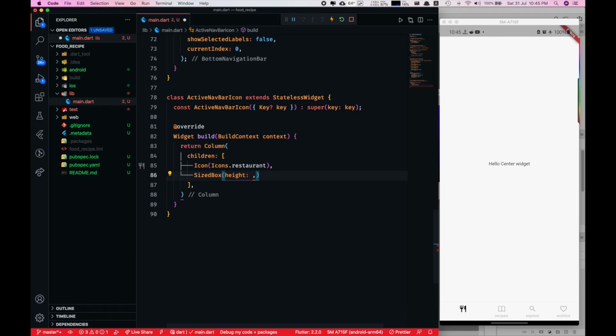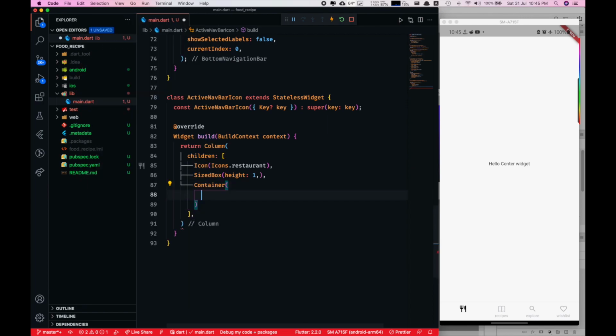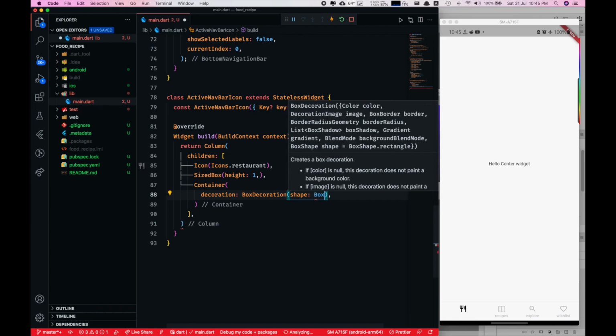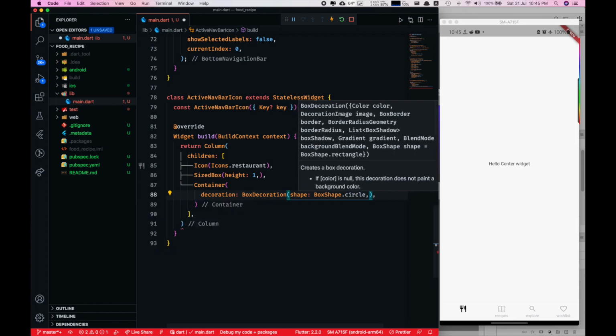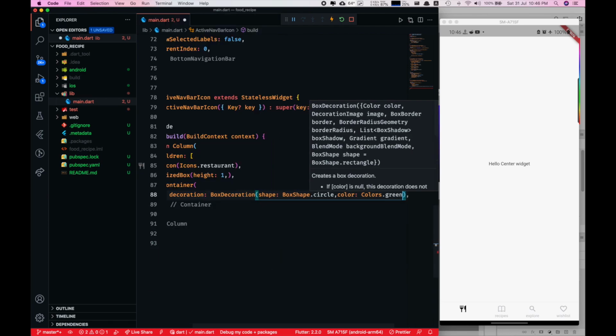Inside that we have a height of 1, and then I will use a container, and the container has property decoration, then BoxDecoration, and inside the BoxDecoration I have a shape, BoxShape, and there we will use circle, and the color of the circle is Colors dot green,